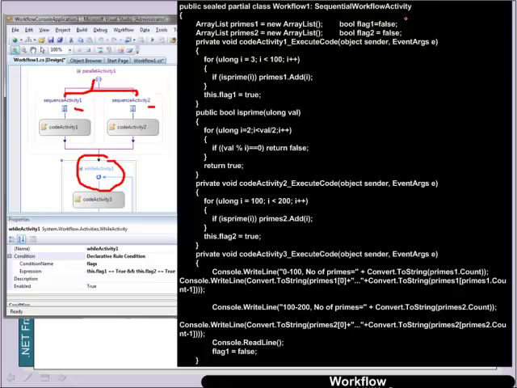So if we look here, we have two array lists for our prime numbers. This one will fill up prime 1, this one will fill up prime 2. So then for our activities, activity 2 searches from 100 to 200 for prime numbers, and then activity 1, which isn't actually on this, goes from 3 up to 100 and finds all the prime numbers that it can. And then what we have is that when these